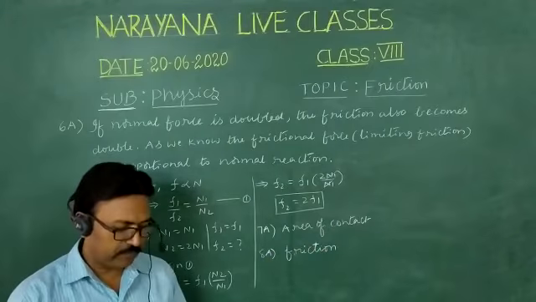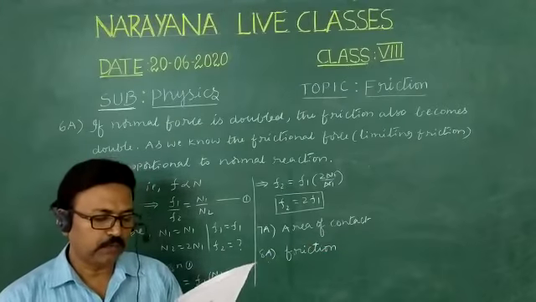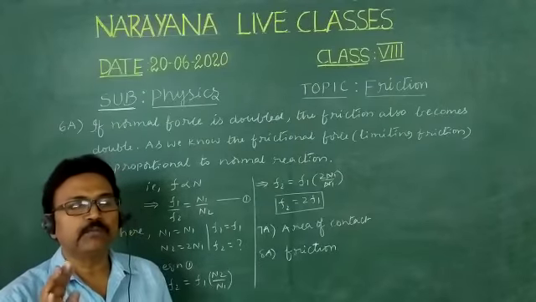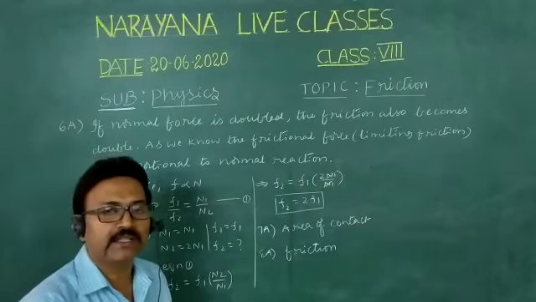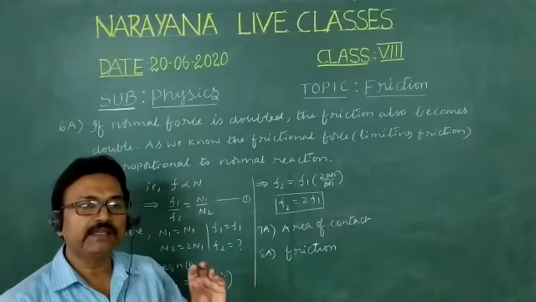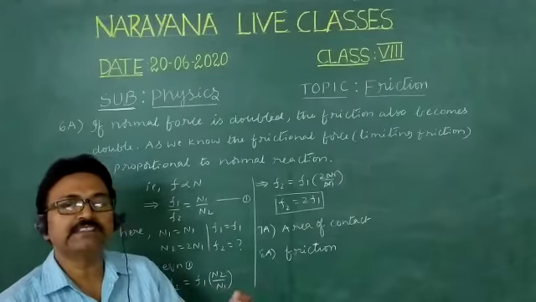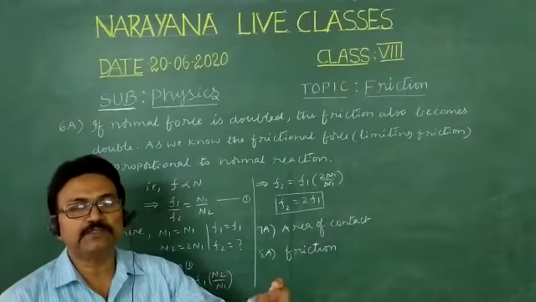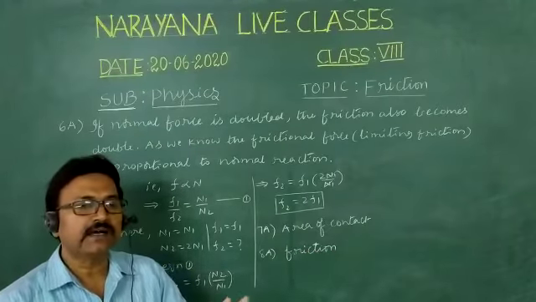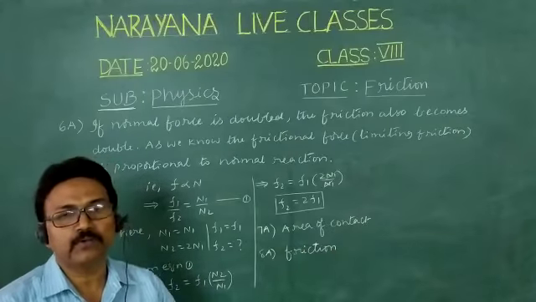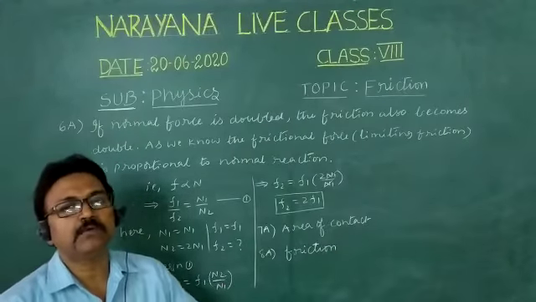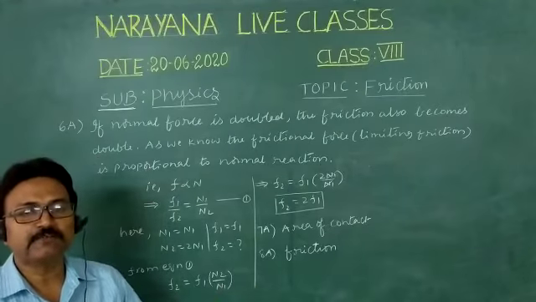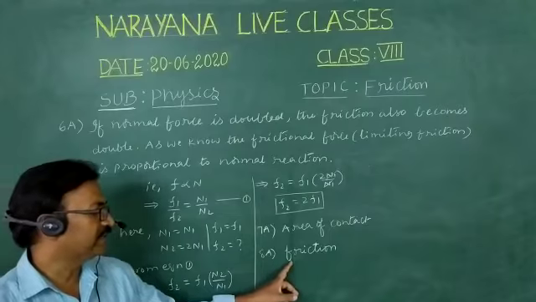Now eighth one, dash comes into play to counterbalance the applied force on the body. Suppose a force is applied on the body, what happens? If the force is small, the body doesn't move. Why? Because the frictional force counteracts on the body. If you apply more force, then only the body will move. That means whenever a body moves, a frictional force acts in the opposite direction. That's why the answer is